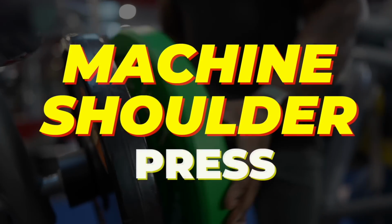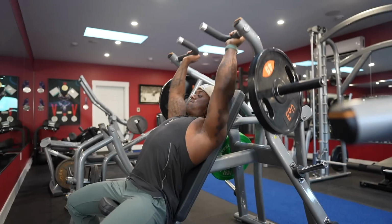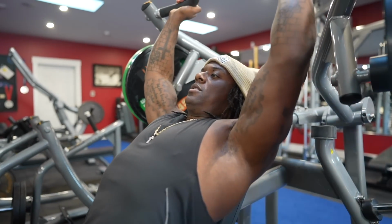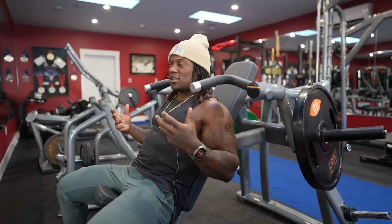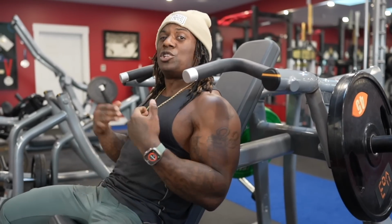Okay, so first exercise, we're gonna do machine shoulder press. You can do Smith machine if you want as well too. But the reason why I want to be in machine is so we can perform the long length partials at ease, and if you don't have a spot, you can just put it right back down. First set's just gonna be a feeler set. Get a good feel of the tempo, your form, your range of motion,